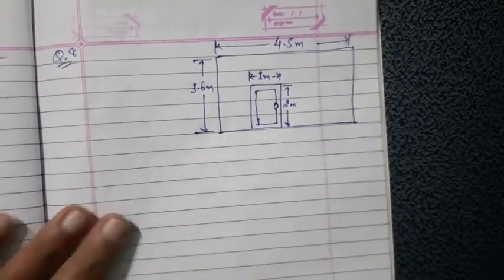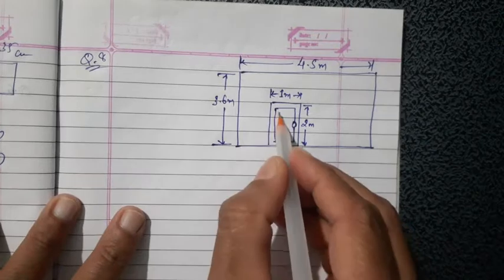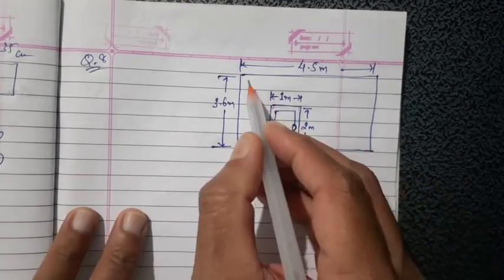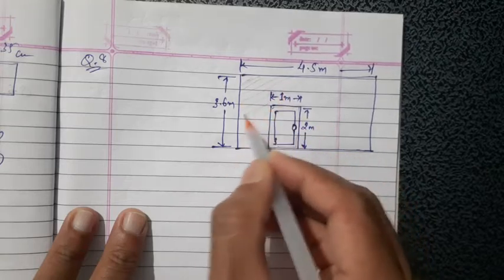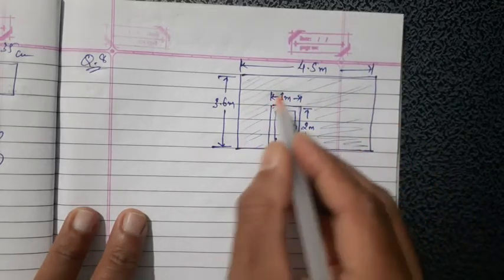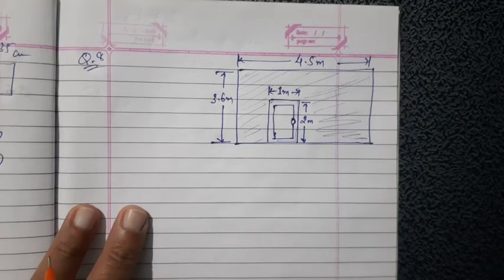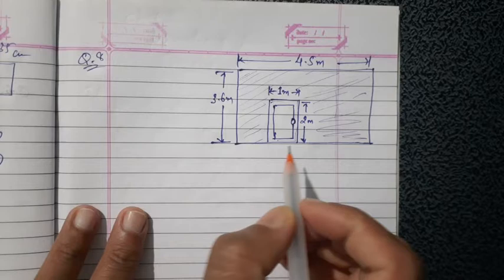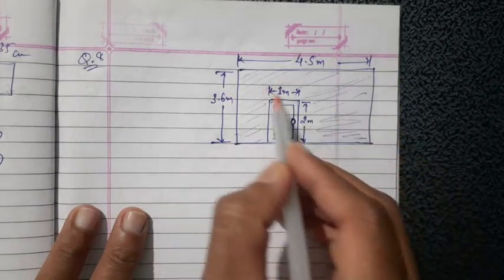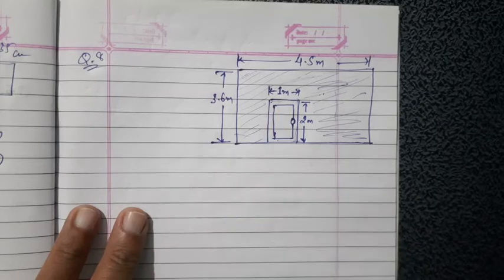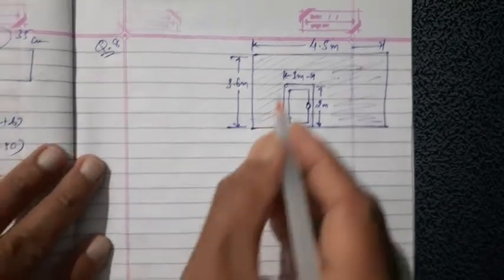Now here I already drew that diagram. Here one wall is there. In that one a door is there and they want to whitewash it. Means they want to whitewash the wall only, not the door. So what is the whitewashing area? To find out the cost, first you just find out the whitewashing area. So the whitewashing area means the total area of that rectangular wall minus the area of the door. So first we find out the area of the wall.